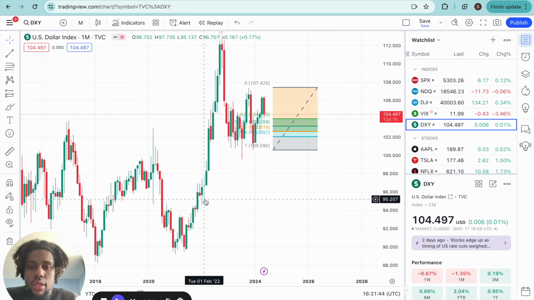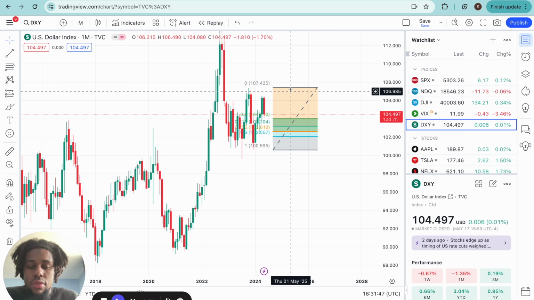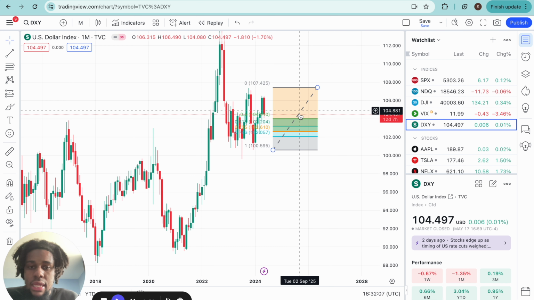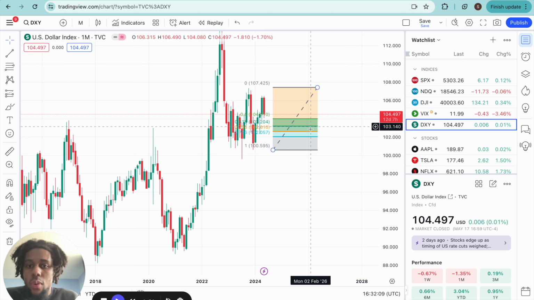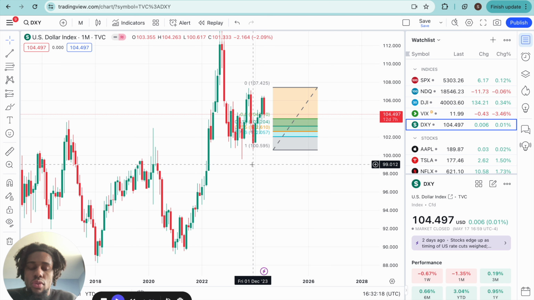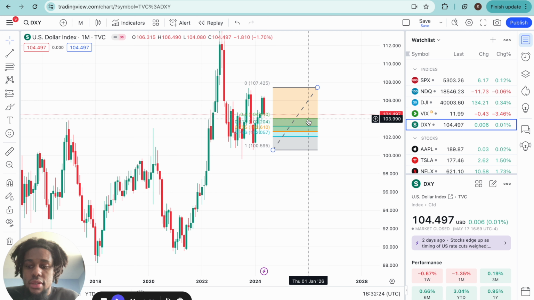I really want to start off on the monthly here just to illustrate that in relation to the last dealing range here, this high to this low, we've basically come back and tapped equilibrium. And from here, what could happen is we could use equilibrium as a support and sort of make an up range, or we could see us continuing bearish price action and coming down. So those are the two sort of hypotheses that you can have with this sort of price action, right?